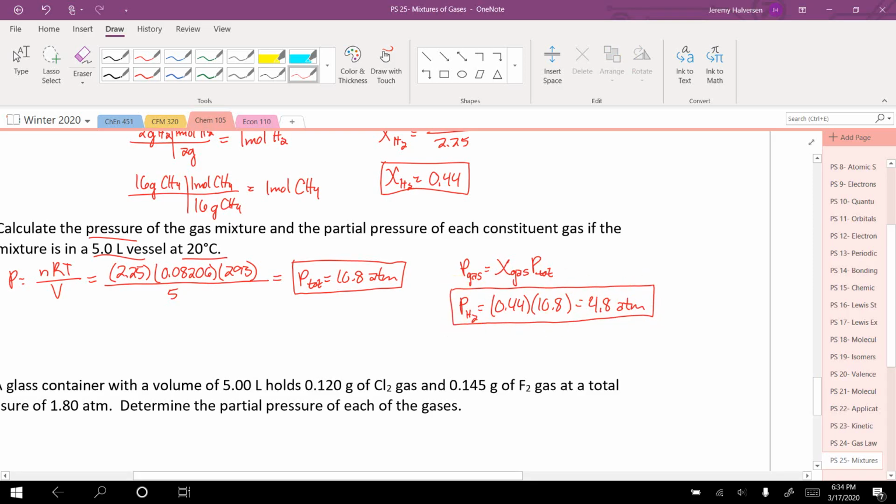Pressure of hydrogen is going to be 4.8. So of this 10.8 atmospheres, 4.8 of it comes from hydrogen molecules ramming into the walls of my container. All right, so now I want to find the pressure. I should get rid of that box. The pressure of